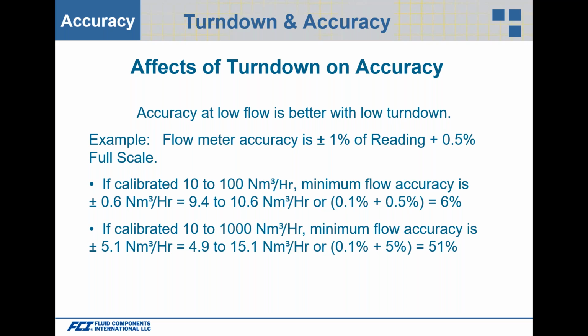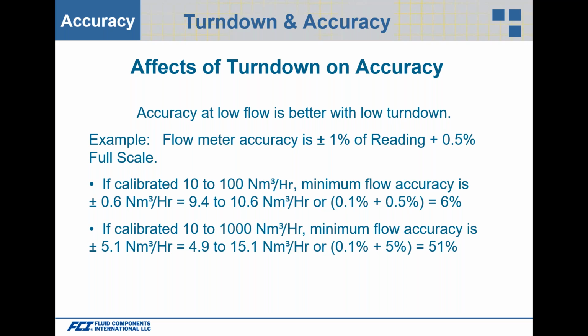For an example, flow meter accuracy is plus or minus 1% of reading plus 0.5% of full scale. So if we calibrated the meter with a 10 to 1 turn down, minimum flow accuracy is plus or minus 0.6 normal cubic meters per hour, which is equal to 9.4 to 10.6 normal cubic meters per hour, or 6%